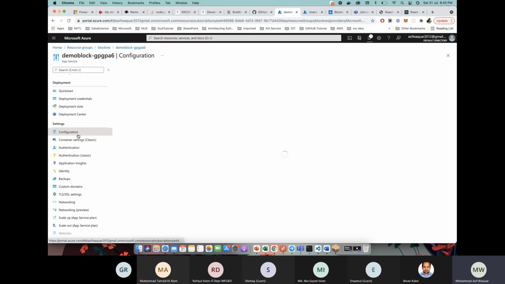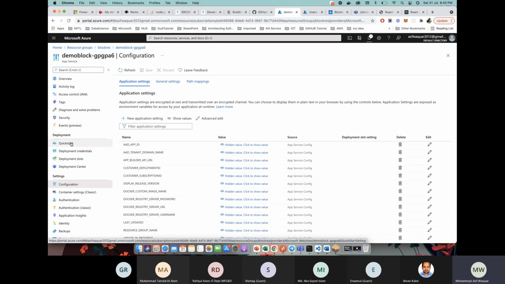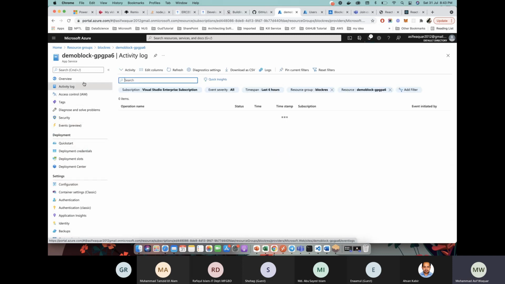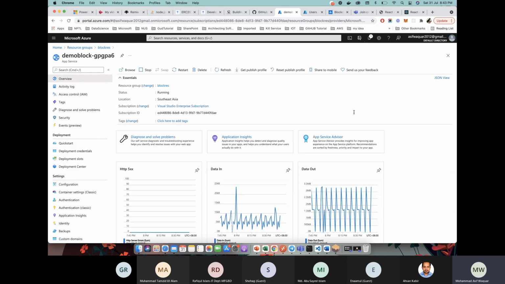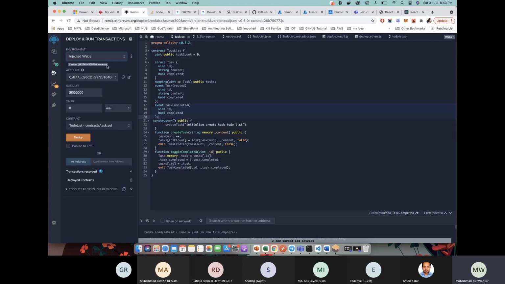Actually, because they have discontinued the quorum, there are a lot of settings changes here. Previously they used to show the nodes. I think now they have removed the nodes part. So we will use this FTP settings only, I think. Yeah, so this will be used for your FTP, because I haven't tried this part yet, but we can deploy the smart contracts by providing